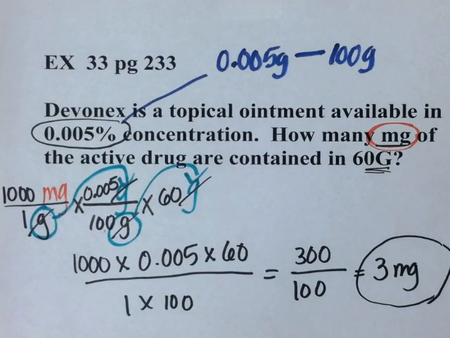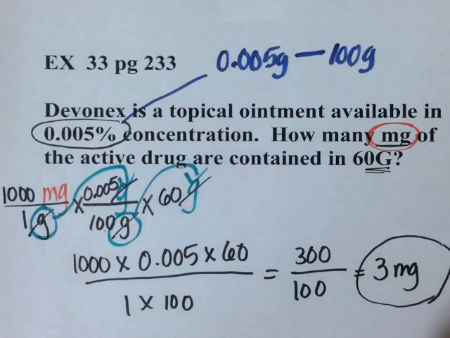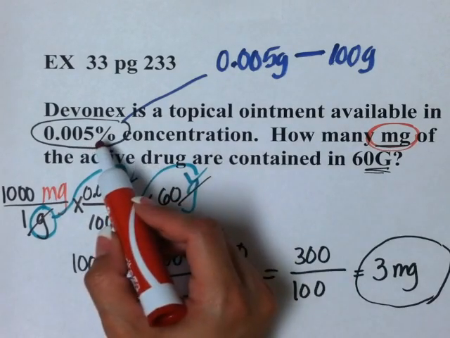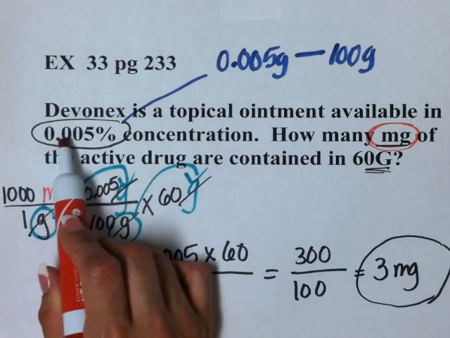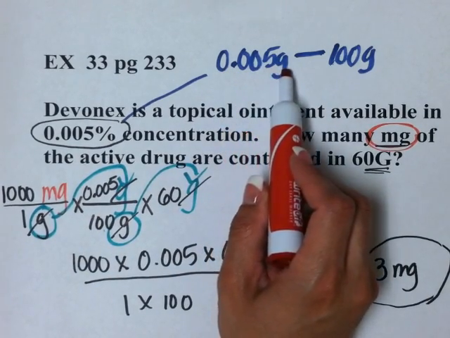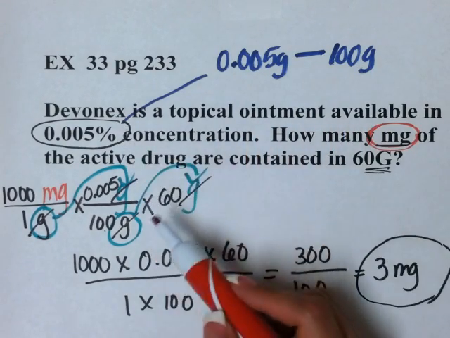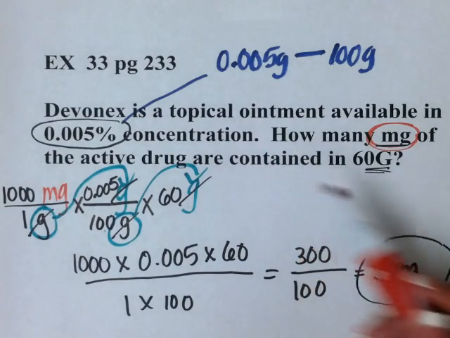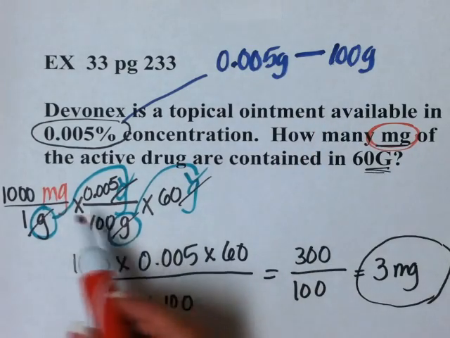So this is an example that you see for percentages. And those are found in chapter 29. The only caution I would give you is make sure that you understand the definitional concept of a percentage, that you're able to see this means a little more than just the 0.005%. It means that there's 0.005 grams of active drug for every 100 grams of the topical ointment. So, like I mentioned earlier, you may want to just write a side note and jot that down so that when you're walking through your